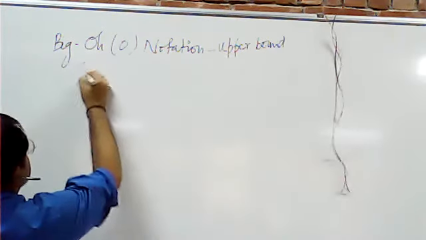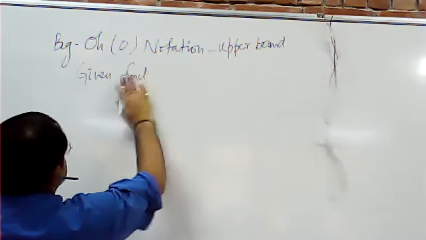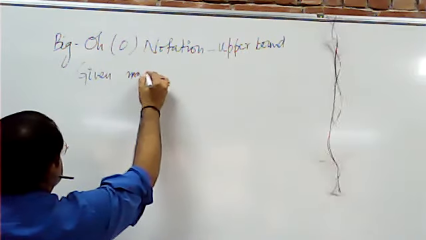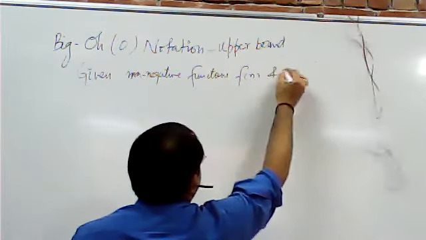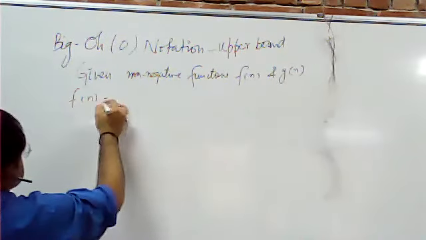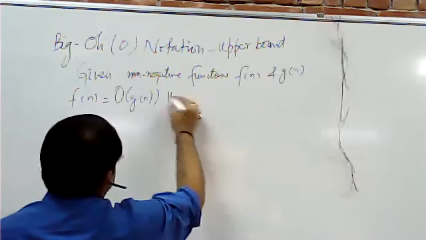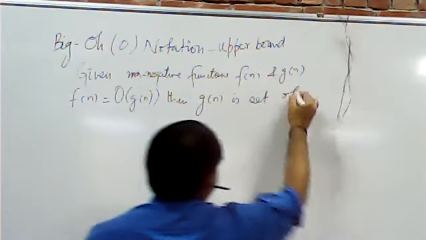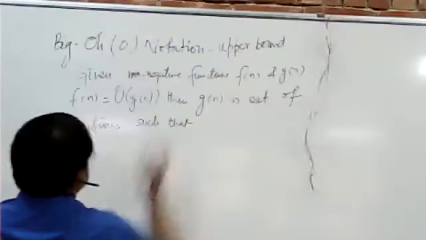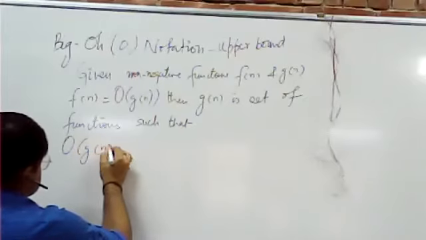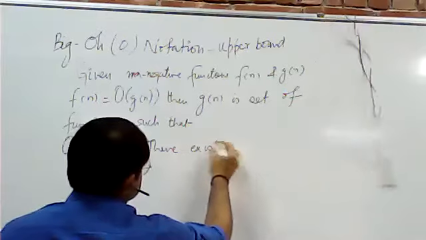So how do we write it? Given functions Fn and Gn, Fn is equal to big O of Gn. Then Gn is a set of functions such that